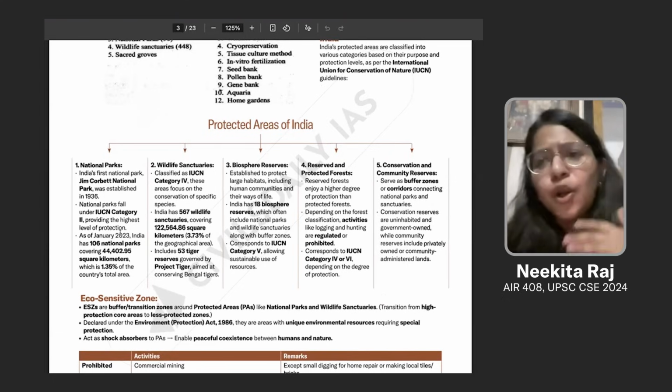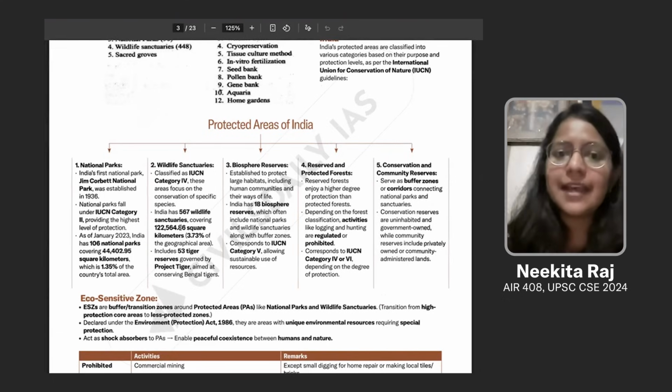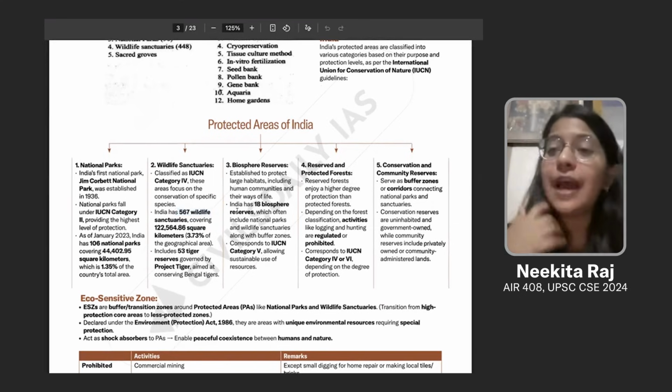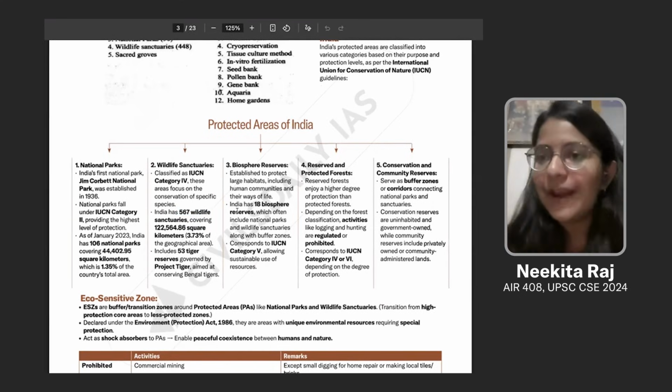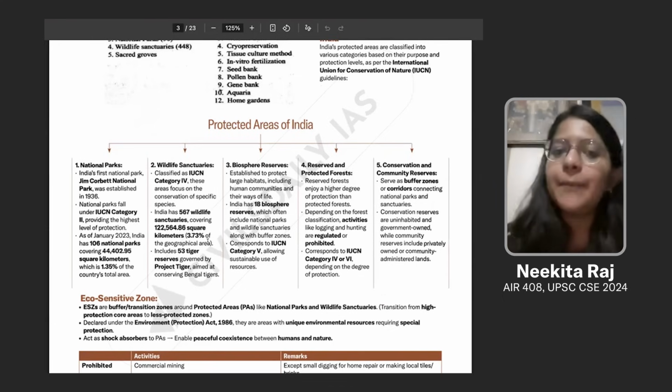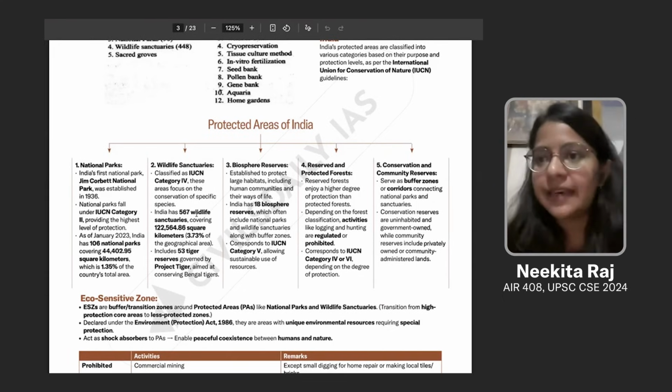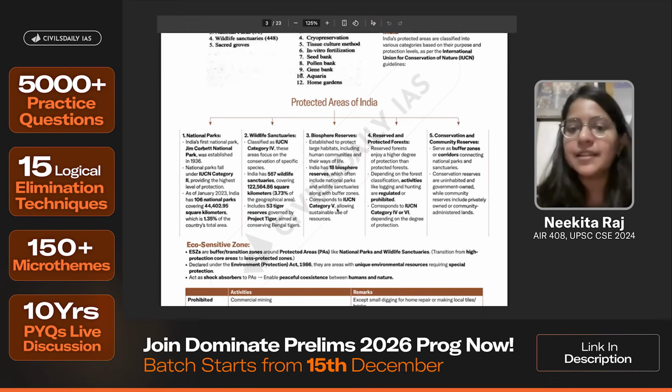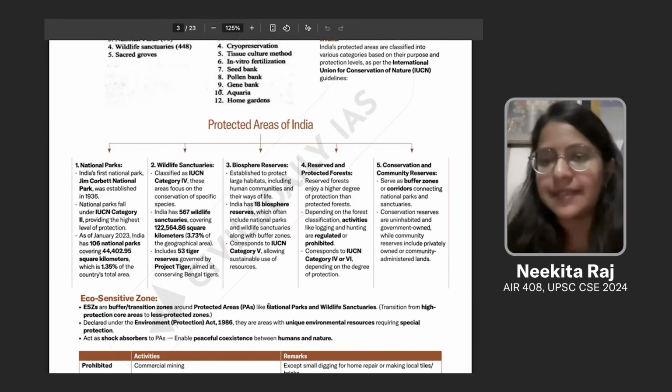Now, there are a lot of wildlife sanctuaries in the country, as you have seen mentioned here that it has 567 wildlife sanctuaries, and you don't have to remember each and every wildlife sanctuary. Of course that's not possible to do, but questions किस तरह से आते हैं prelims में related to these topics is what we will show you in these flash notes, and you'll be able to figure out कि इन सारे topics को हमें पढ़ना कैसे है.